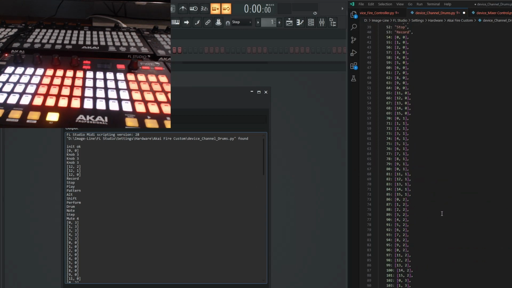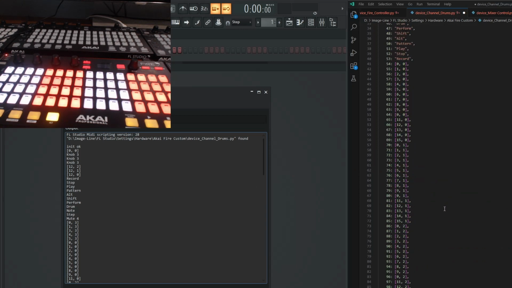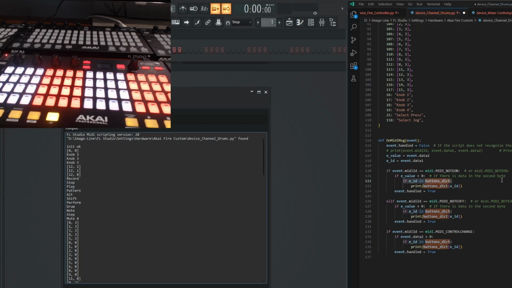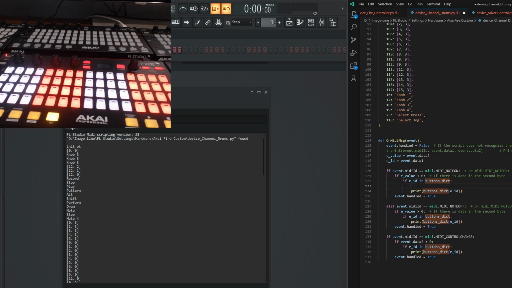I'm going to do an if statement or something. First, we're doing a MIDI note on, right? We're finding out if the button is in a dictionary, but on top of that, we want to know if the ID